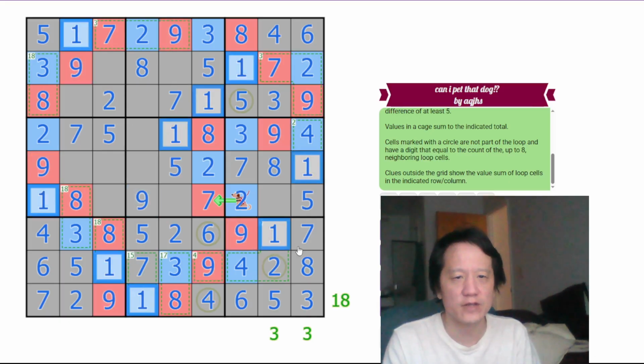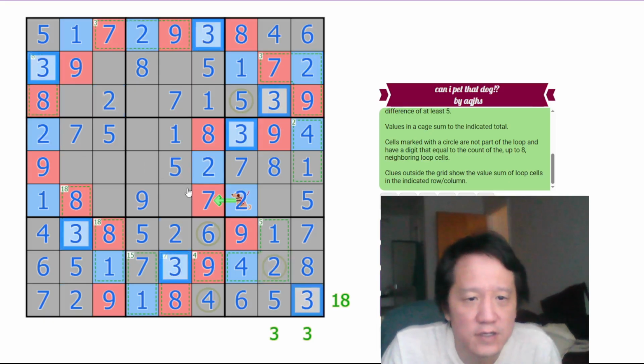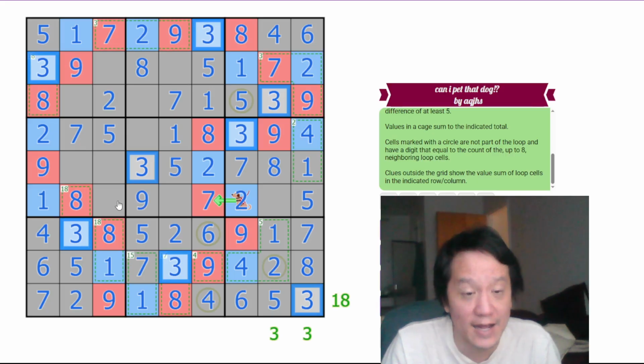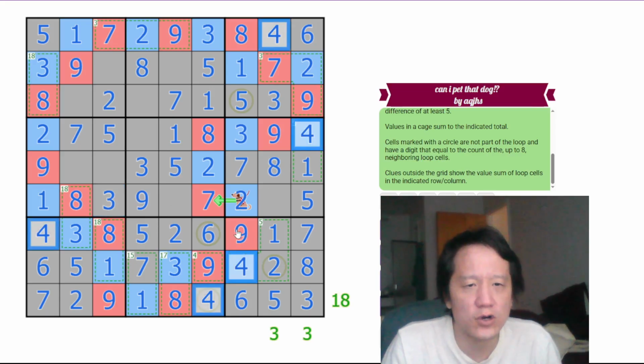Okay, so we already did the 1's. We already did the 2's. 3's going to have a lot. In box 5, 3 cannot be here or here anymore, so this must be 3 here. That leaves 8. We have 8 3's now, and we know the last 3 is here. 4,